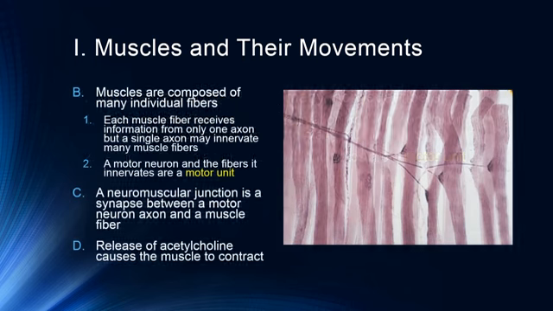We have neuromuscular junctions, which are synapses between a motor neuron axon and a muscle fiber. This is an individual neuromuscular junction, where you can see this one neuron fiber is innervating these adjacent muscle fibers. When this neuron fires, it will contract all of these muscles at the same time. What happens is a release of acetylcholine at these synapses that causes the muscle to contract. Acetylcholine is the primary neurotransmitter involved in all of our musculoskeletal system and all of our cardiac muscles.